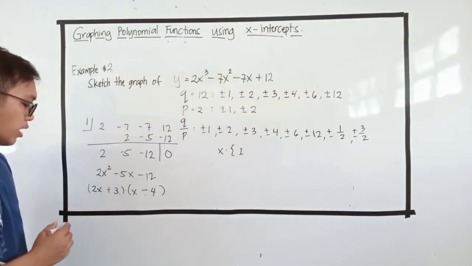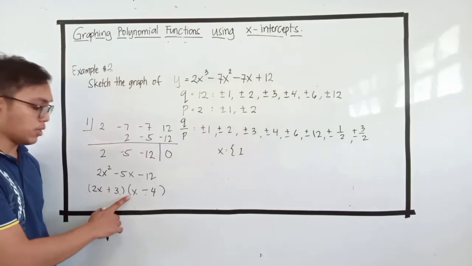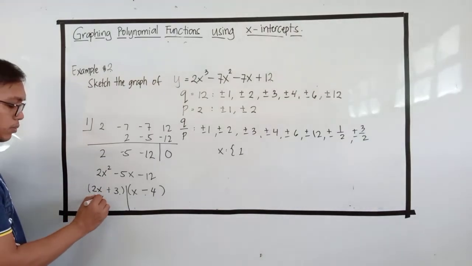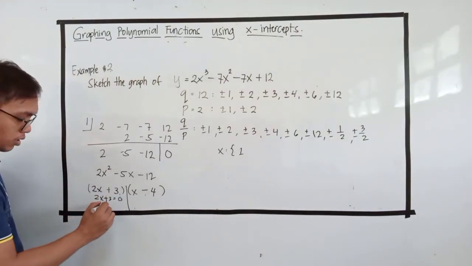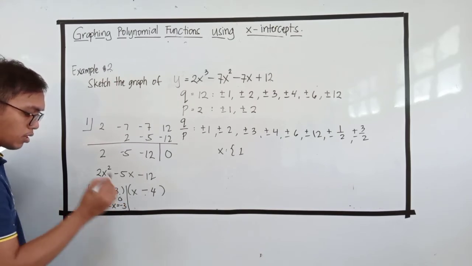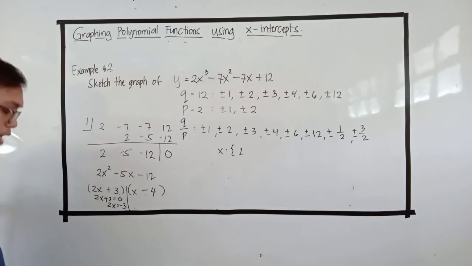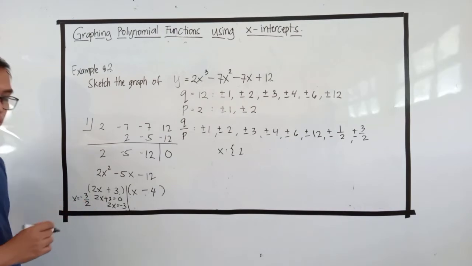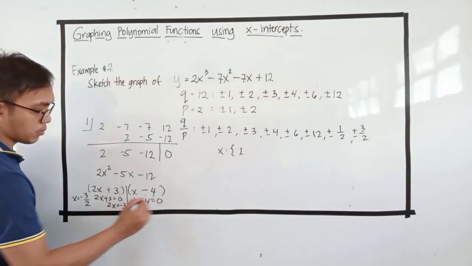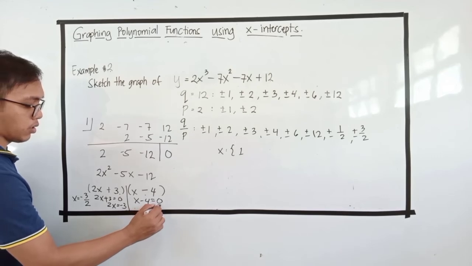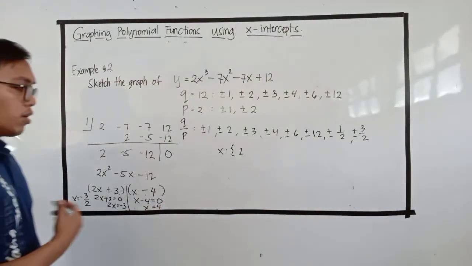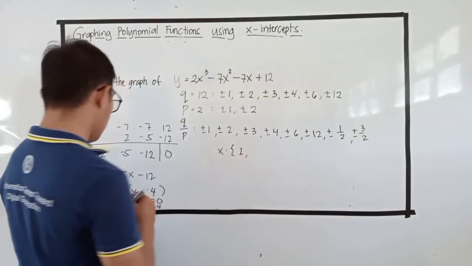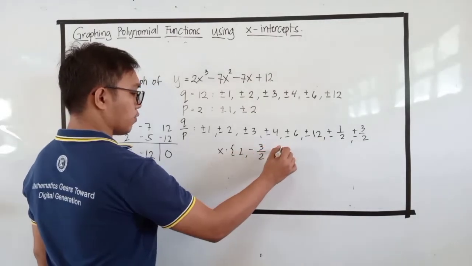Getting the factors, we can have the x-intercepts, or the values of x here. We just equate this to 0. So 2x plus 3 equals 0. 2x equals -3 by transposition. Our value of x here is equal to -3 over 2. Here we have x minus 4 equals 0. Therefore, x equals 4. So, the values of x here are -3 over 2, and